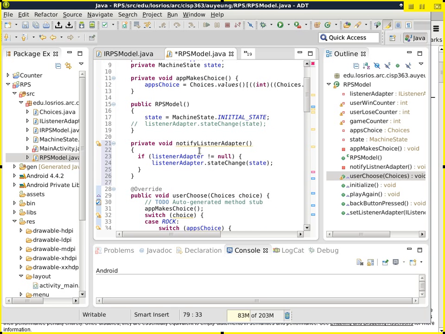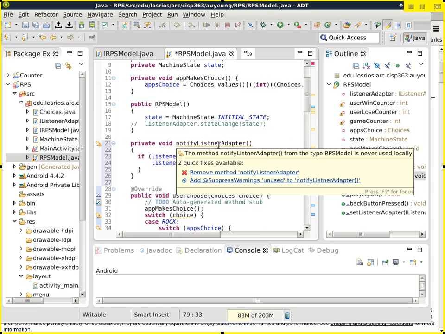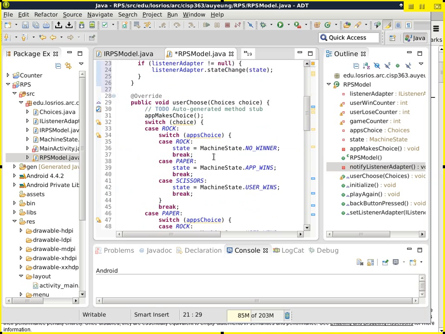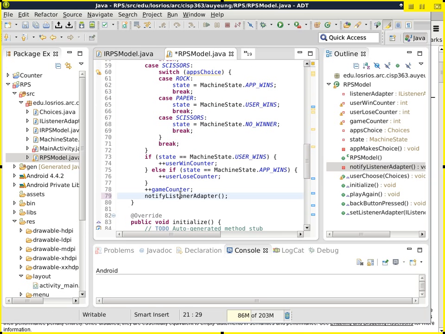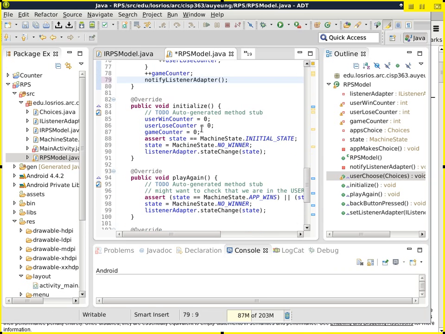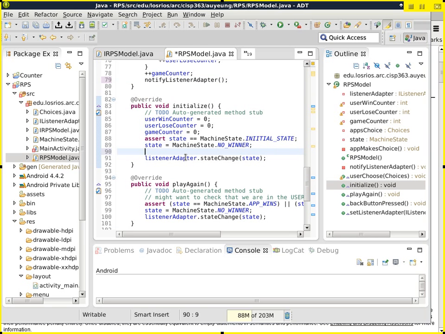Did I misspell something? Notify listener. Oh, okay. Misspell. There we go. And then we'll do the same thing everywhere else. Okay, so everywhere we actually initially call listener adapter state change,